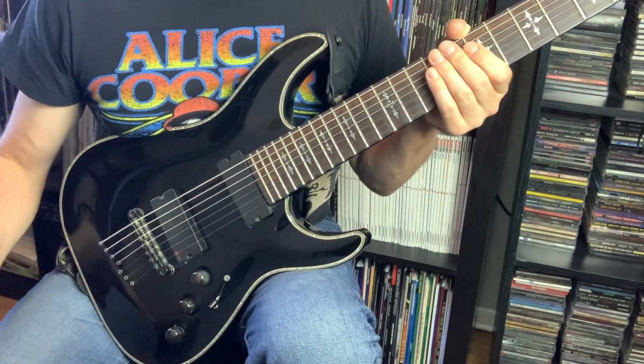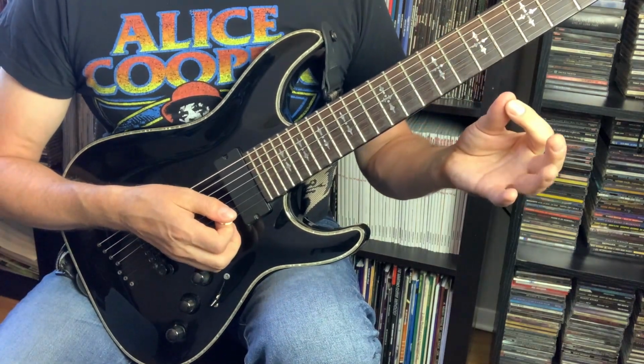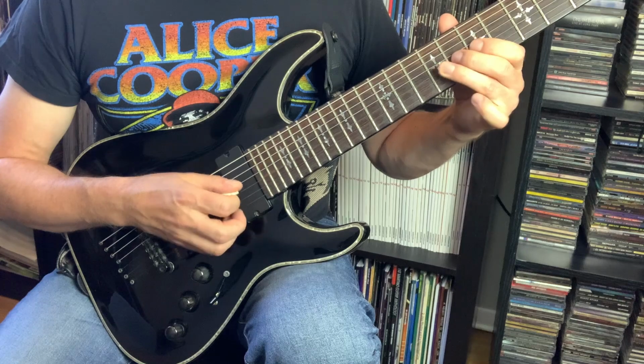This trick I learned from Jeff Beck. He did this on, I can't remember what song, I think it was on Wired, where he would play a note and then he would chase the same note with a bend. So my version of that is...